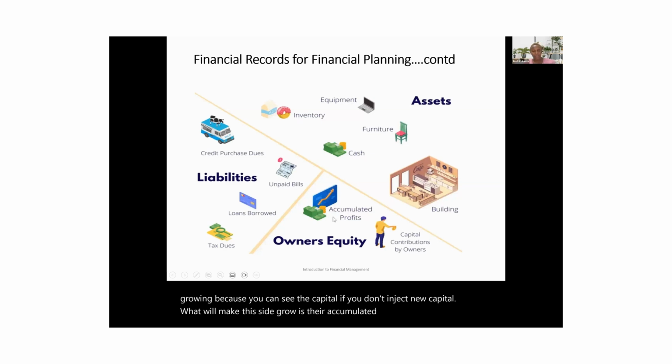So every year you add the profit down. If you have losses, it will reduce the owner's capital. And that now will mean that the shareholders' value has been maximized. So basically, these are the records that you need because from these records, you are able to know how the